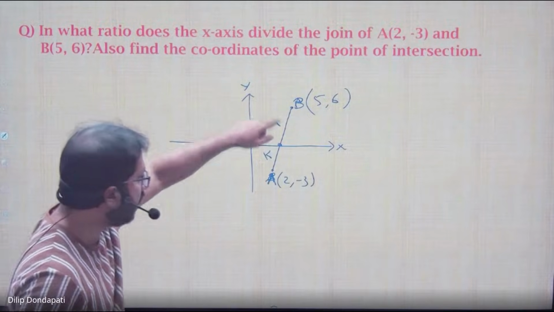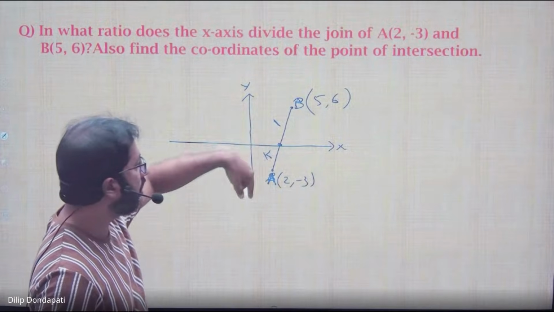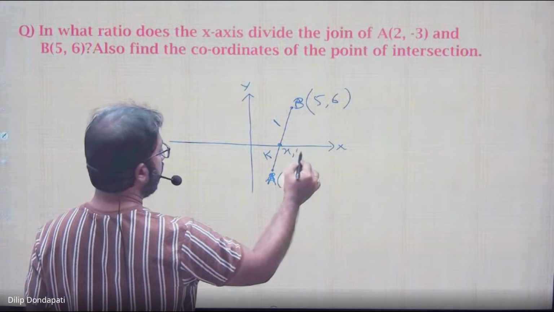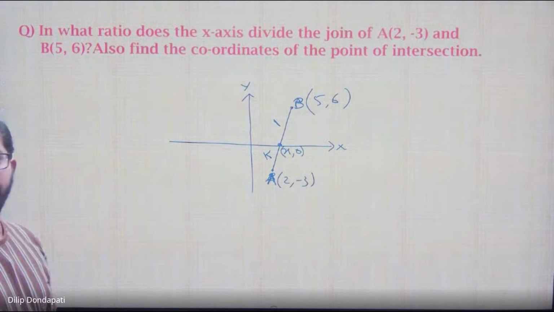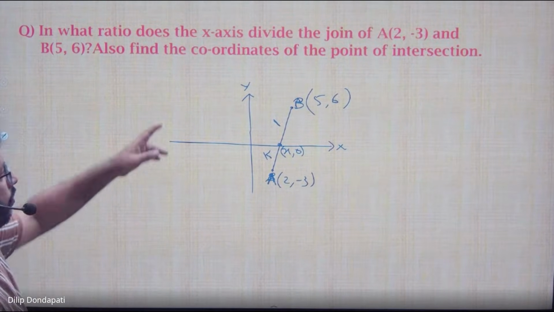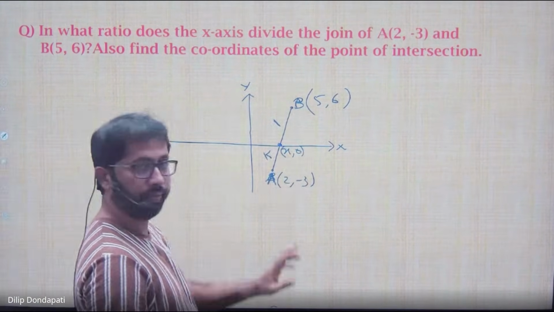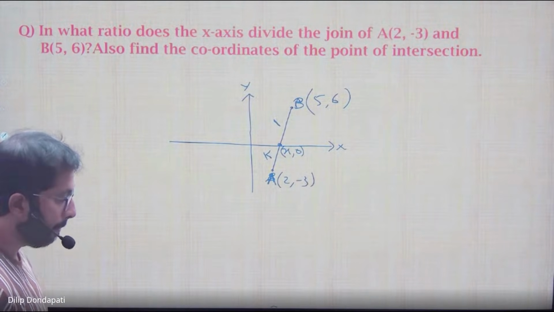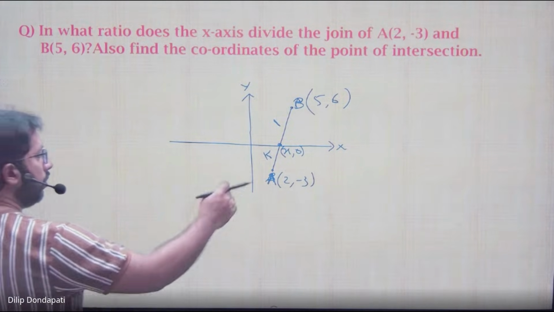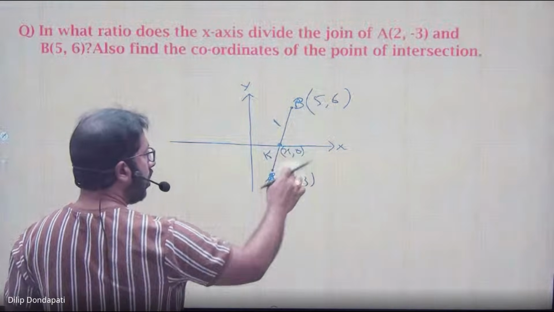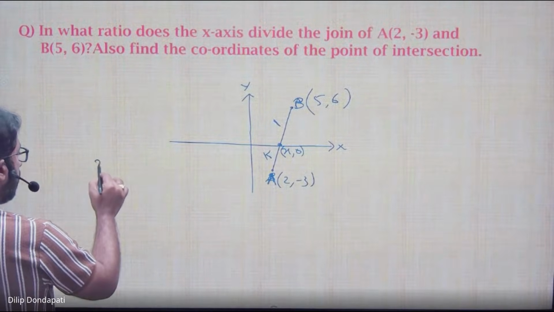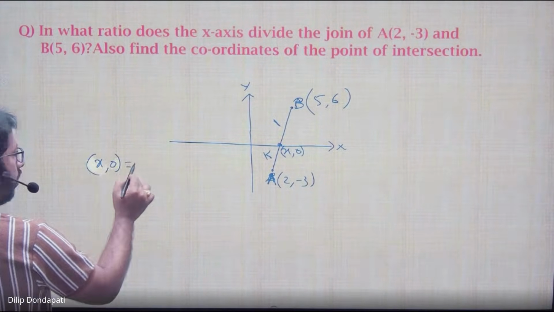So the line segment dividing the x-axis is k is to 1, and the x-axis point will be (x, 0), right? Now find the x value and the k value. Then only we can find the point of intersection. So the ratio, the point P, its coordinates, right? This is a line segment. Point P, k is to 1. So use it: (x, 0) is equal to